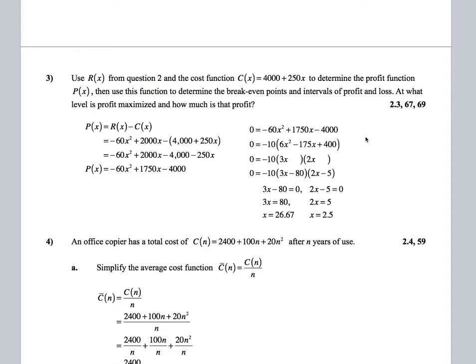Now to find our break-even points, which is the next thing that's requested here, we need to find those quantities which give us a profit of 0. Breaking even means you are neither making nor losing money, so your profit is 0. So I set my profit function equal to 0, and then I factor. You can use the quadratic formula if you want, but